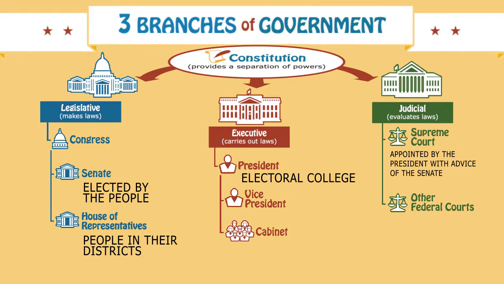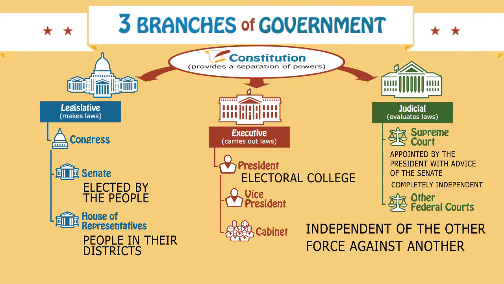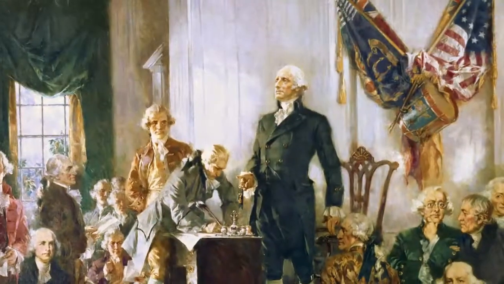But once the judges were appointed, however, they were completely independent because they served for life. In other words, once appointed, they didn't have to worry about being booted off the bench if they didn't agree with the president on a particular case. So we see how each branch is independent of the other, and plus, no branch can use force against another branch. Well, there's one more thing to notice.